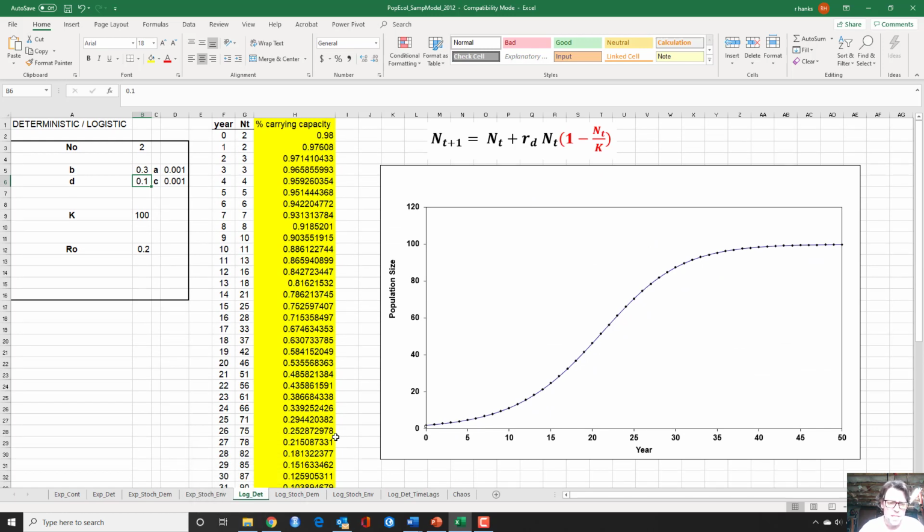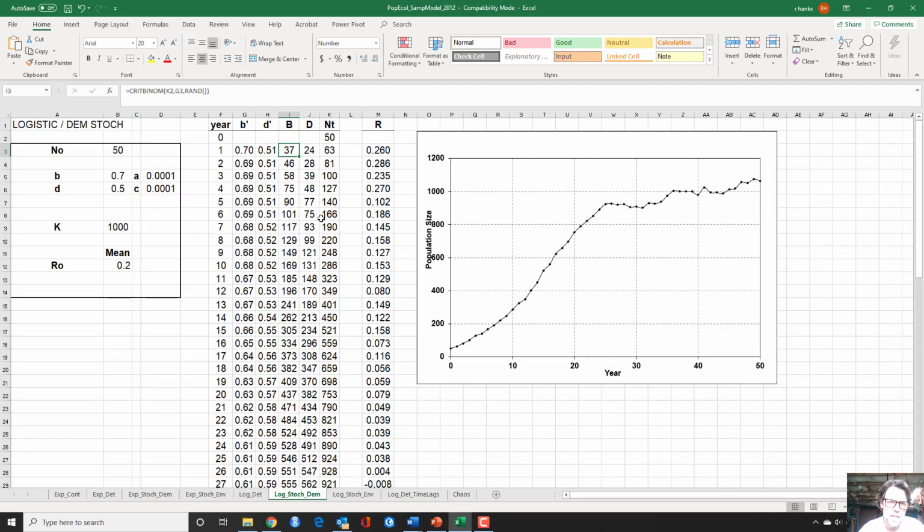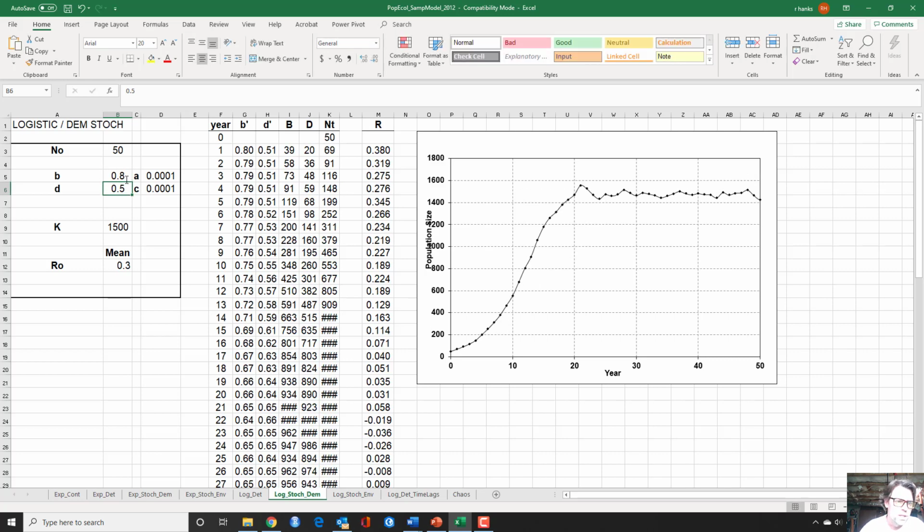Next, let's take a look at, and I'm not going to go through these in as much detail, but I want you to be aware that we can build in demographic stochasticity into these logistic models as well. So, for example, in this example, we have a carrying capacity of 1,000. I can change that a little bit to 1,500, and you can see when I did that the population increases,